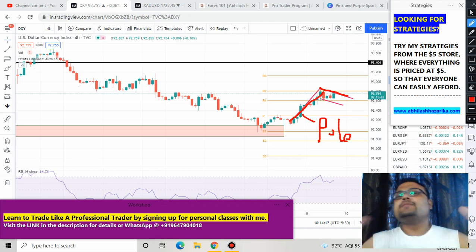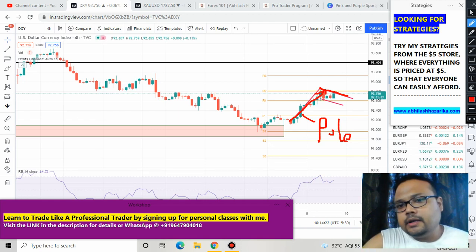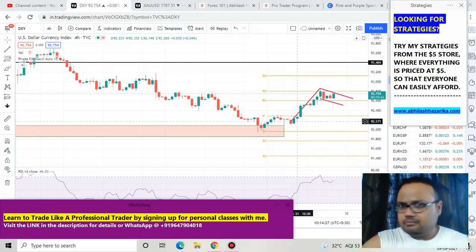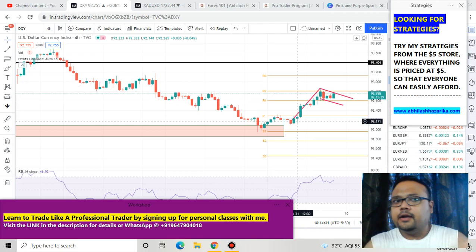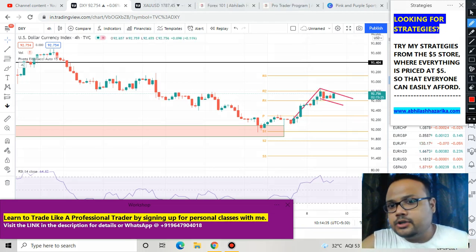Generally, what traders do is that as long as the market is trading in between this flag here, traders do not trade. So I'll request you not to do anything in a rush here. There is a possibility of US dollar going up from here, because we can see a bullish flag pattern. So in case dollar goes up from here, crossing this line above,